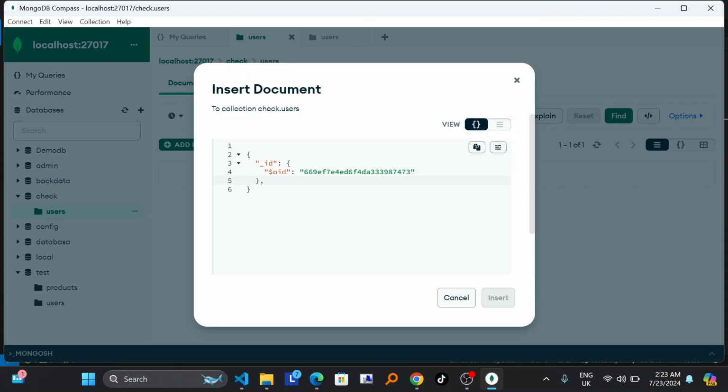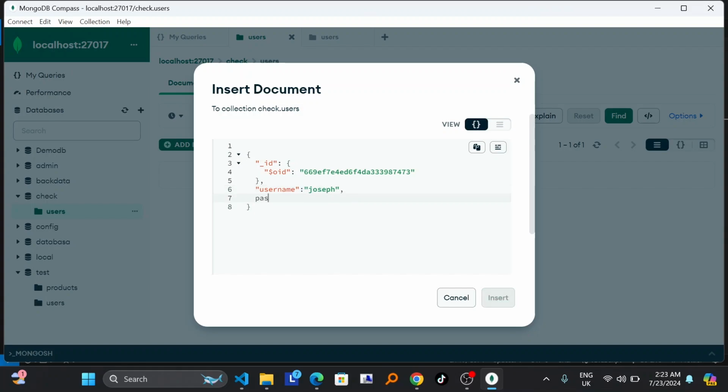I have to keep the comma here and press insert and write username, because on our schema it will be a string. Let me try to name it as Joseph, and keep double quotation here, and also keep the comma here